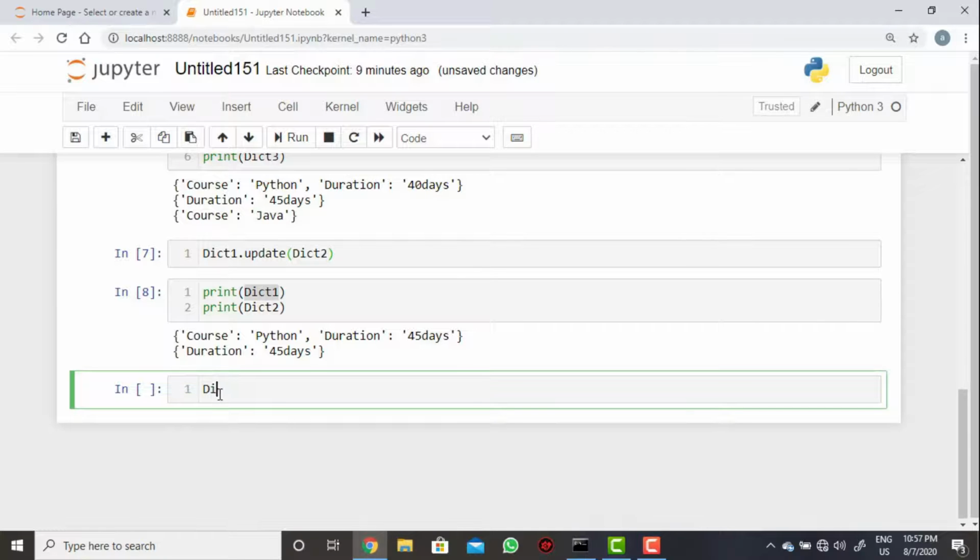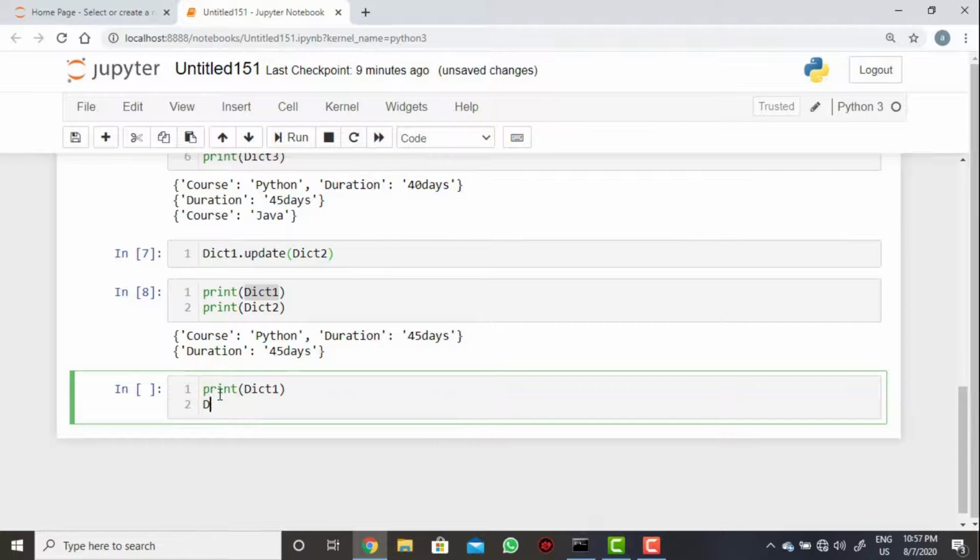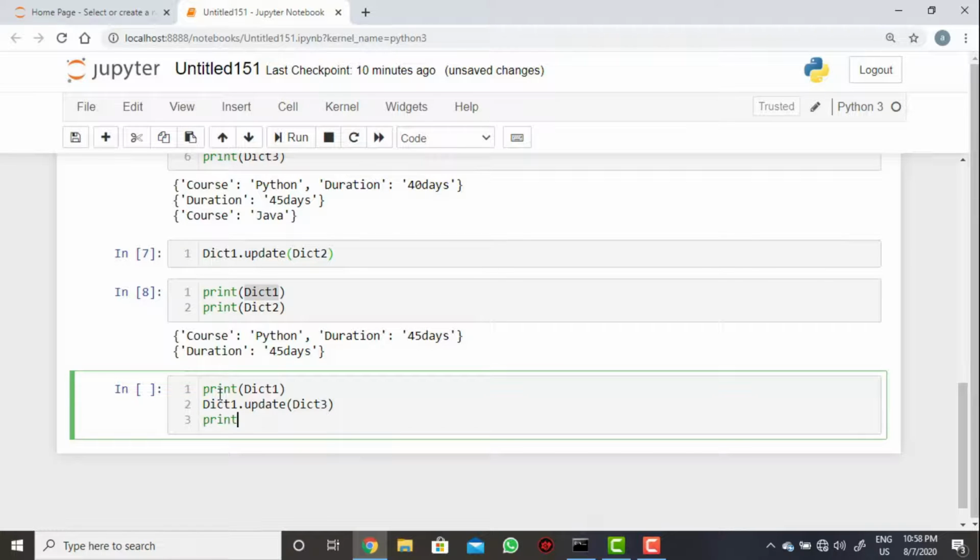Same thing you take dict1. Print of dict1 directly, and then dict1.update, then dict3, then again print dict1, and you can get a clear picture of this. What will be the value after updating? Now execute.